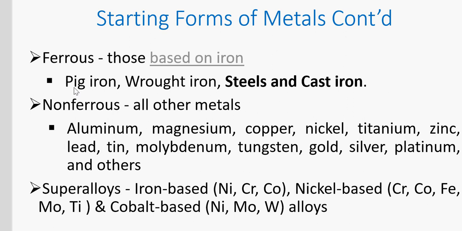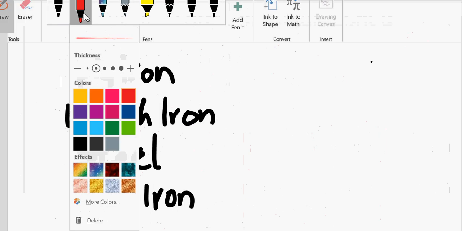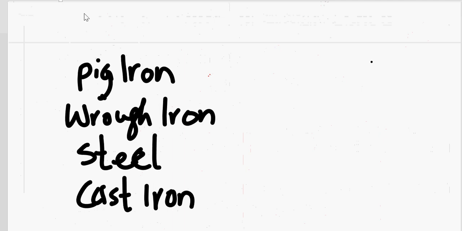So under ferrous, we can have pig iron, wrought iron, steel, and cast iron. Let me differentiate between these. These are all products of iron with other elements. When we are talking of pig iron, we are looking at the impure form of the first product from the blast furnace, which is impure iron. So it has a lot of impurities,